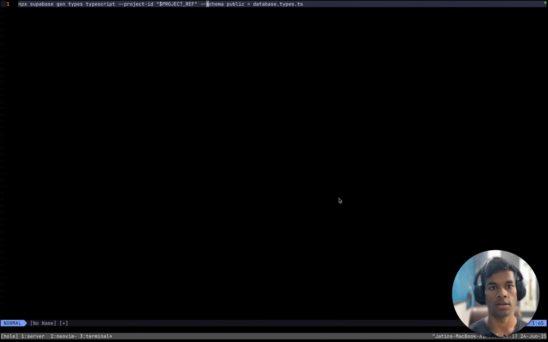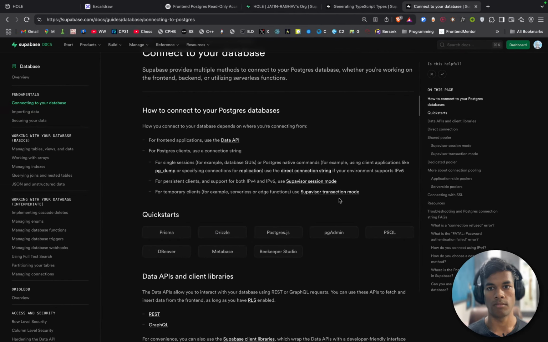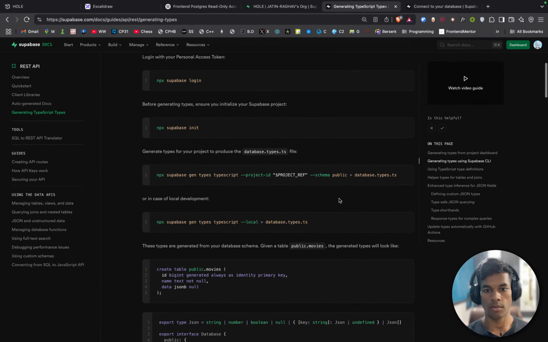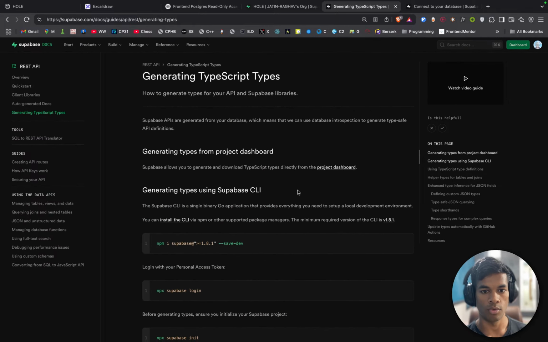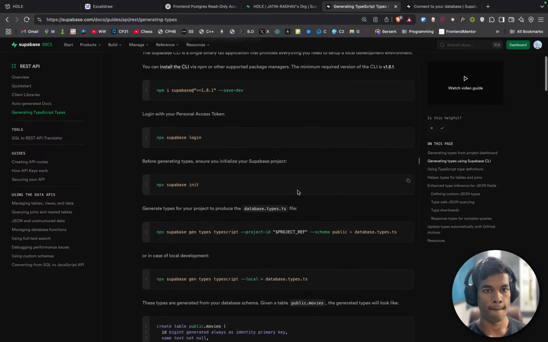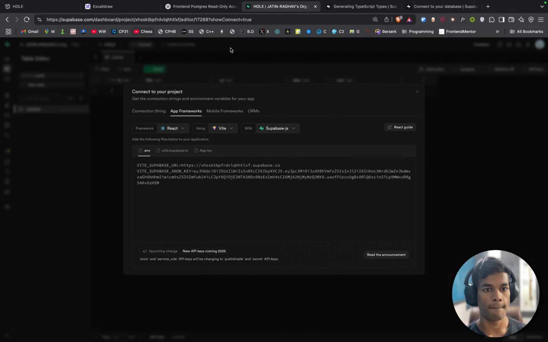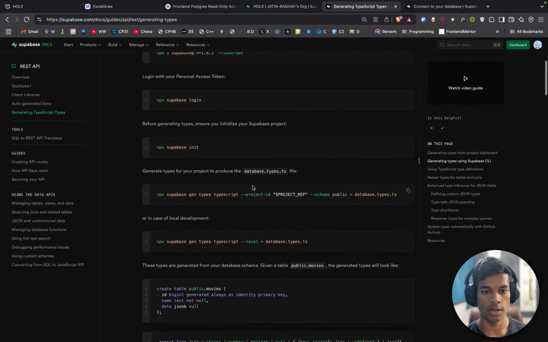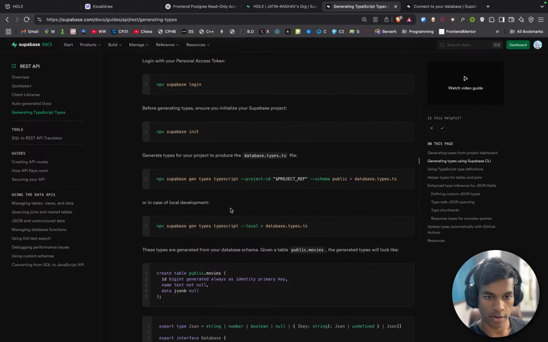This project reference, this whole project ID, is the project ref, I suppose. I guess it is, or in case of local development, yes, it is local development.